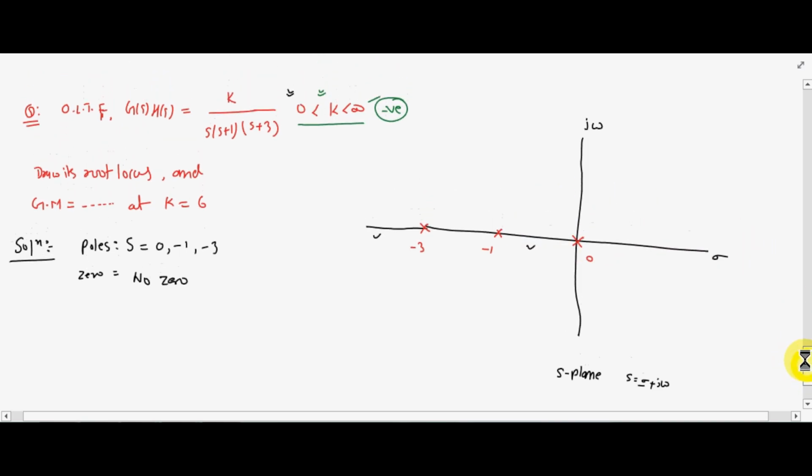अब रूट लोकस में, फर्स्ट वी इंक्रीज द वैल्यू ऑफ के। What is the value of k at pole? Value of the k at pole is 0, we know that। फर्स्ट लेक्चर में मैंने डिस्कस किया, पोल पे डीसी गेन की वैल्यू 0 होती है। ये सबको पता है कि पोल पे डीसी गेन की वैल्यू 0 होती है और 0 पे डीसी गेन की वैल्यू इन्फिनिटी होती है।